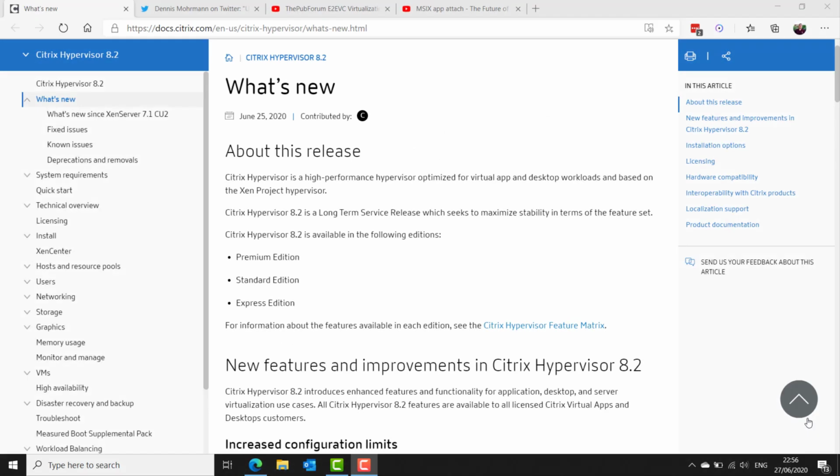Citrix Hypervisor version 8.2 has been released, and if you're not familiar with what Citrix Hypervisor is, it's the ridiculous new name given to XenServer. This release will support a maximum host RAM of 6 terabytes, and also maximum number of logical processors per host moves up to 448 CPUs. There's a read caching feature that improves performance on NFS, EXT, or CIFS SMB SRs that host multiple VMs cloned from the same source. This feature can now be enabled and disabled for each individual SR from the XenCenter console.